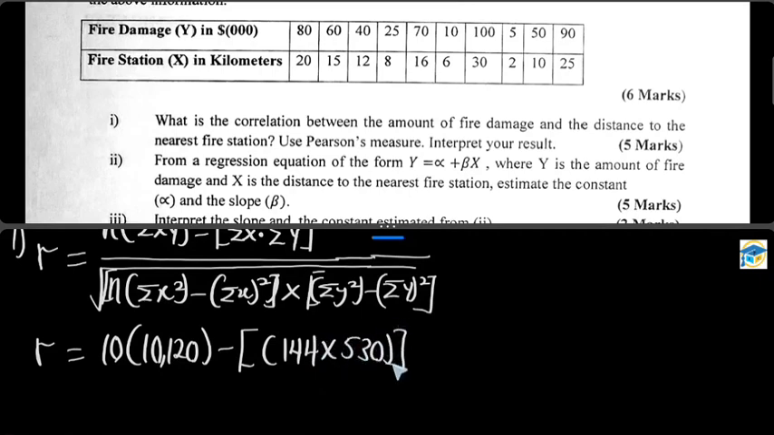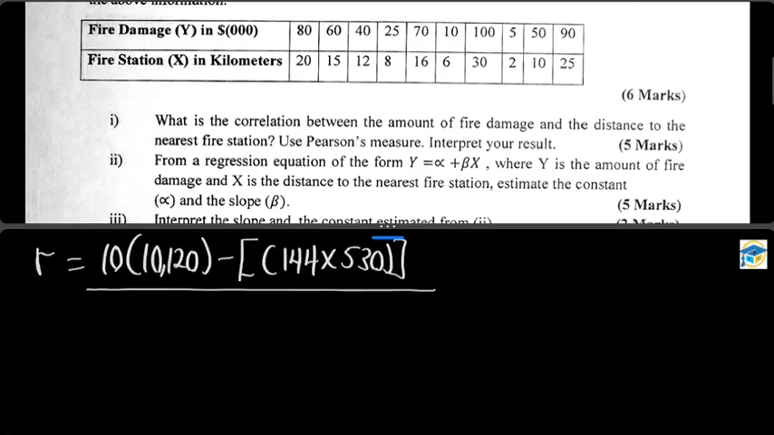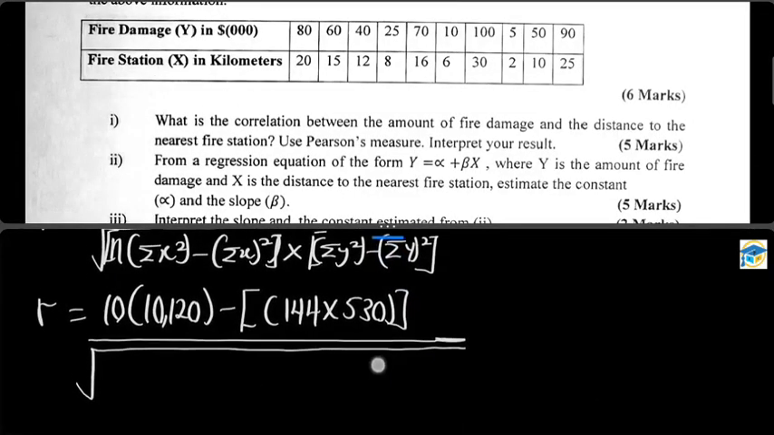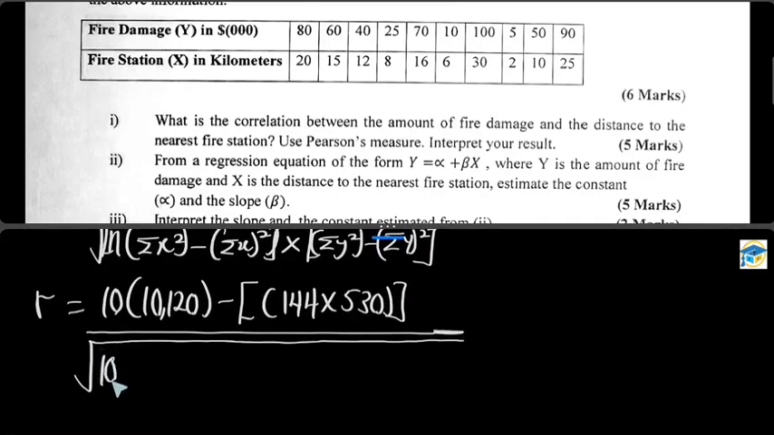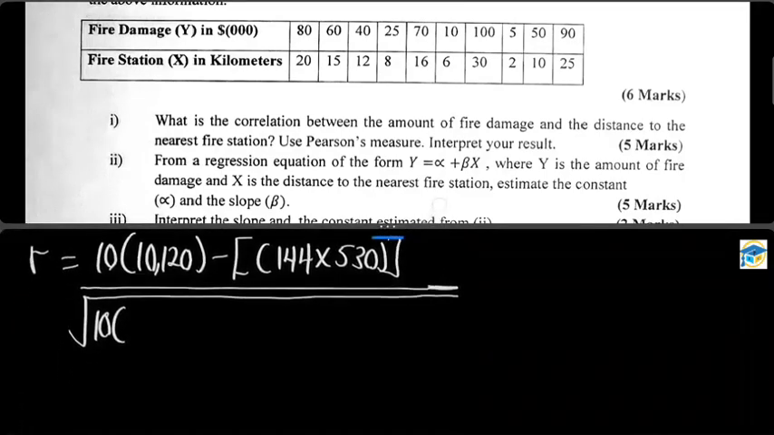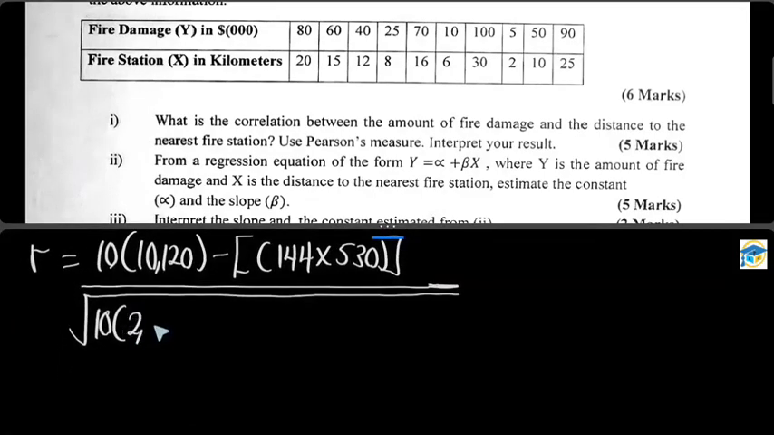530, then bracket close. So that's for the numerator. And you come to the denominator. So the denominator here is the square root of these parameters. Within the denominator we have n, so n is 10. So we're going to have 10 into bracket. We know summation x square in this particular case was 2,754, right? So we're going to have here 2,754. Okay, minus